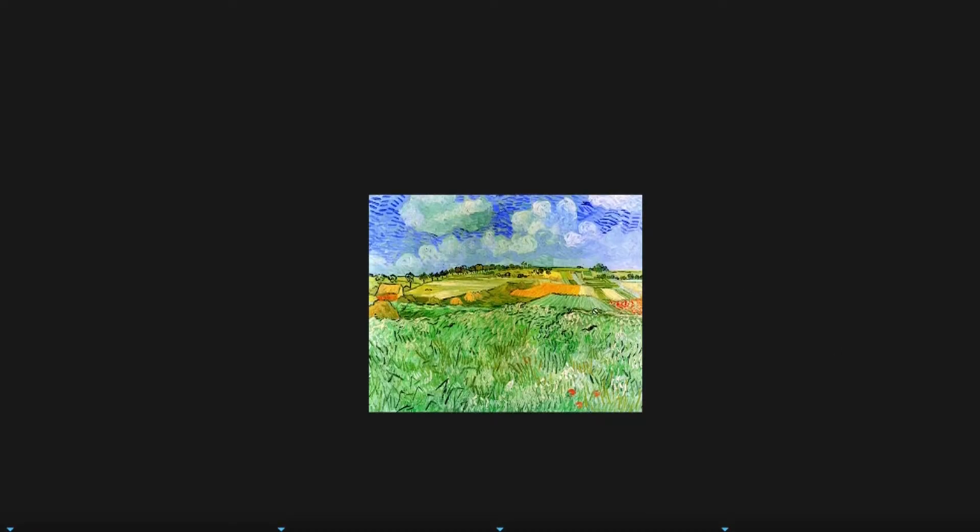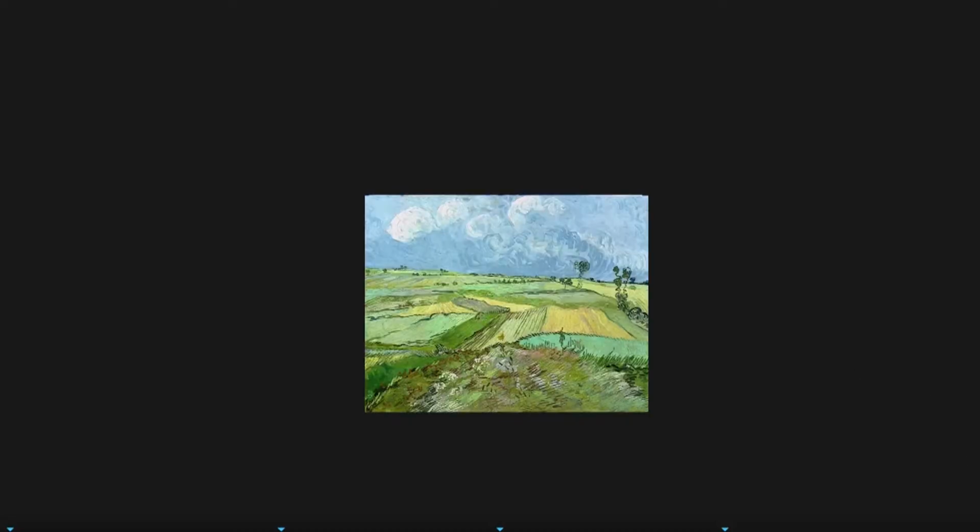And then if we jump to master paintings, we have this one from Van Gogh, and this is an interesting one. It's one that doesn't work, in my opinion. So this is potentially something that was done on purpose. I haven't researched each of these paintings, so who knows what he wanted to do. But if I compare it to another one of his, which is this one here,